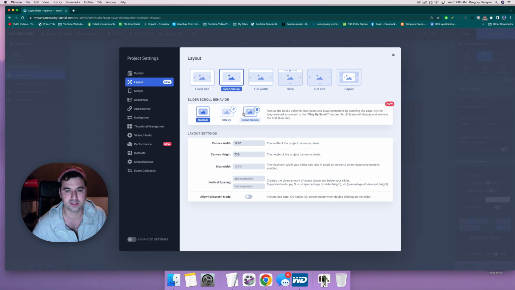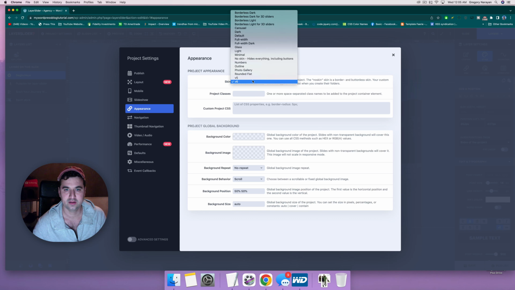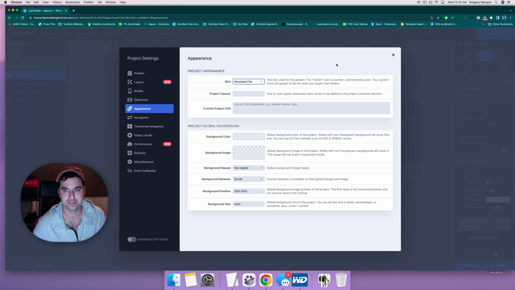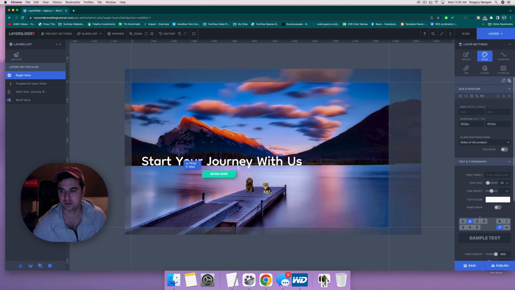Sticky and scroll are just so the slide can interact differently once you're going down the page. And how about we go to appearance. So for skin, we have V6, but why don't we try something totally different, like rounded flat. Okay, and X out,